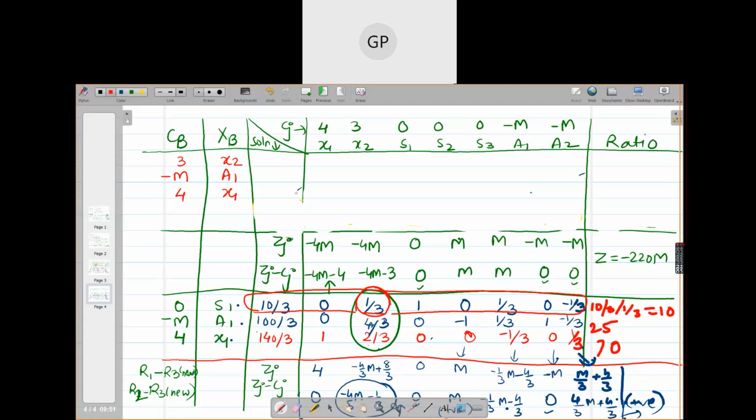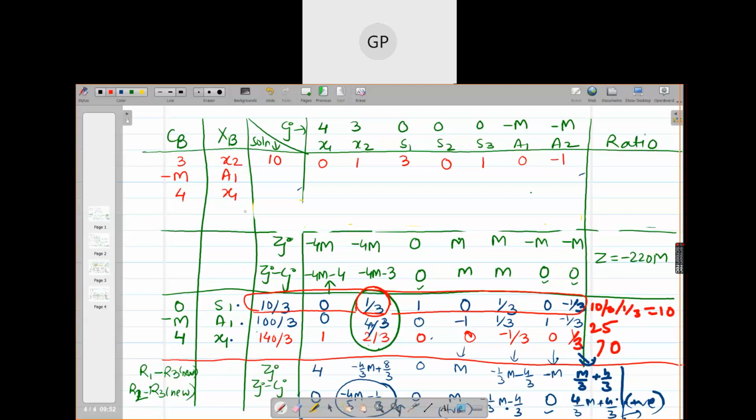So what we have to do? We have to multiply this by 3, right? Multiply this row by 3. Yes or no? Come on, be quick. 9 minutes are left, girls. We want to complete this problem today. So what is the answer here? 10. Multiply the whole row by 3. 10, 0, 1, 1, 3, 0, 1. 3 कैसे आएगा हर्षदा यहाँ पे? 1/3 into 3. Yes, ma'am. 1. हाँ, then 0 and minus 1.